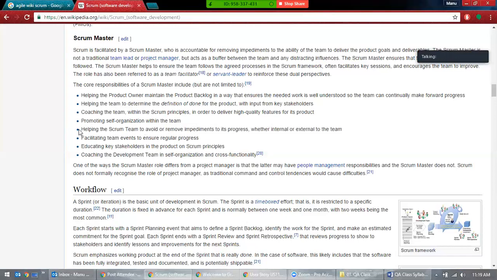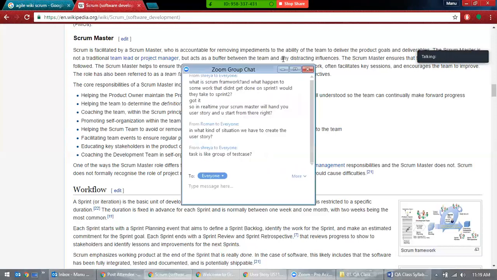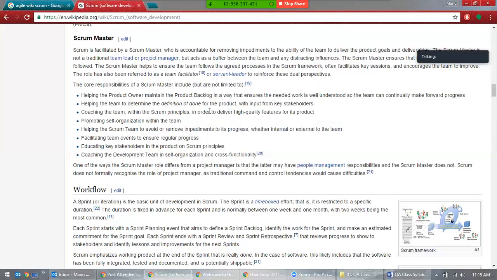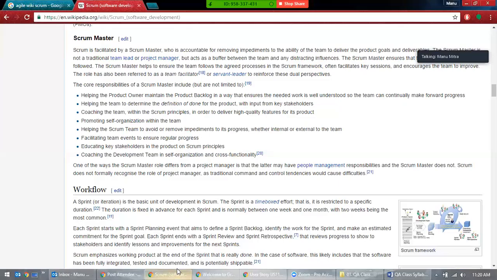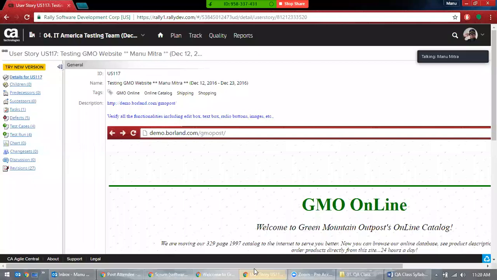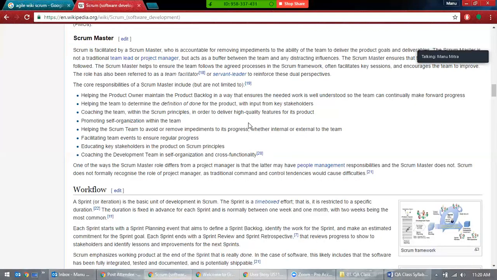Okay, so yeah, I actually misspoke. We don't create any user story. If someone says to create a user story, then you need to be really quick to answer, saying that as a tester, we don't create any user story.